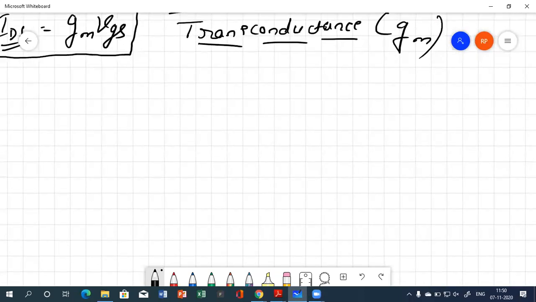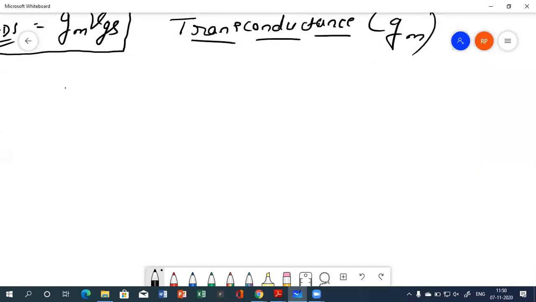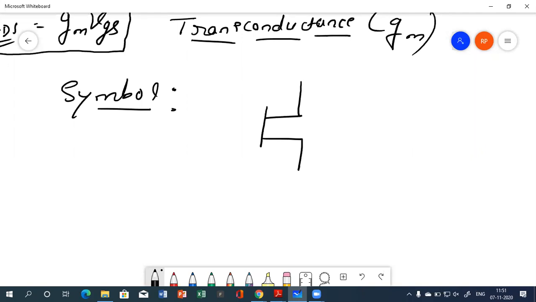So first thing, what will I do? Here I will draw the symbol. This is just a concept to understand the derivation of the small signal equivalent circuit. Now, this is the symbol. I'm going to draw it roughly so that we can move on to the next. This is gate, this is drain, and this is source. Now, between the gate and source, the voltage applied is VGS. We call it the input voltage. At the drain terminal, the current we call ID or IDS. Here, the source is always connected to ground.